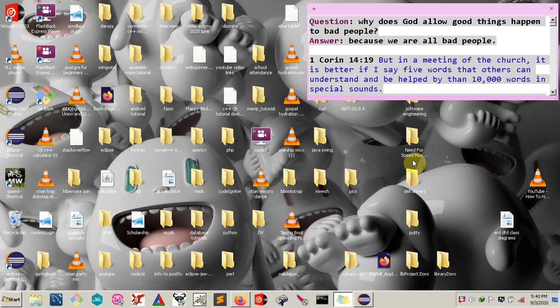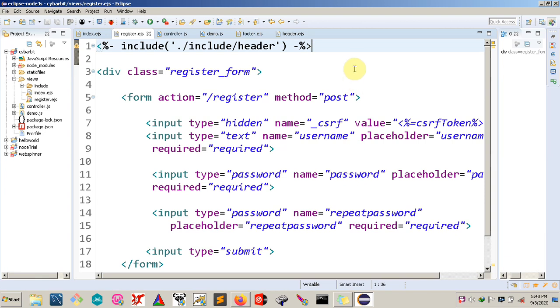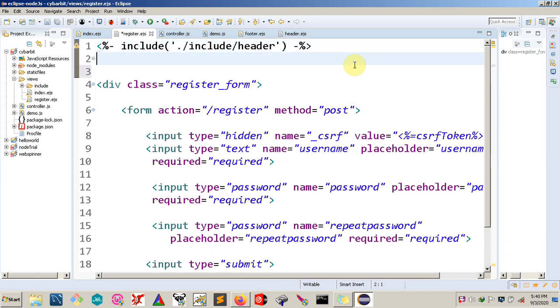Hello there guys, welcome back to yet another very interesting tutorial on Node.js. As promised earlier, I told you that we're going to beautify our register form using Bootstrap, and to do that